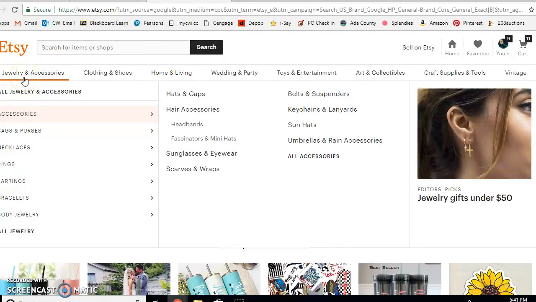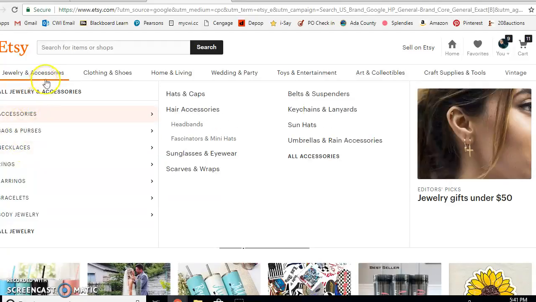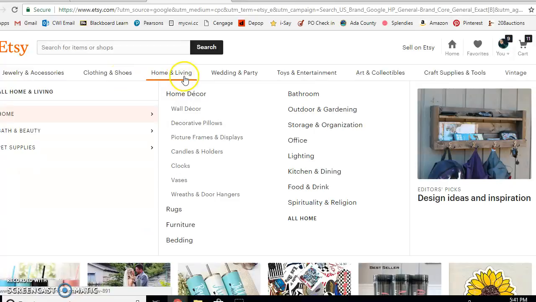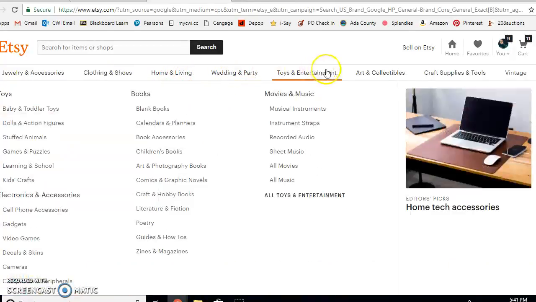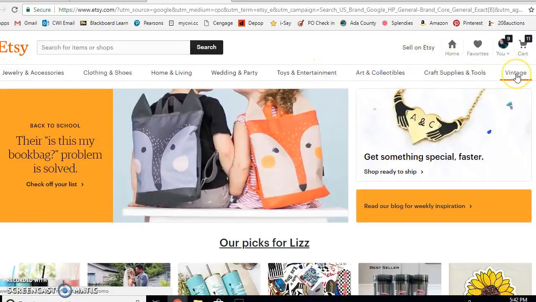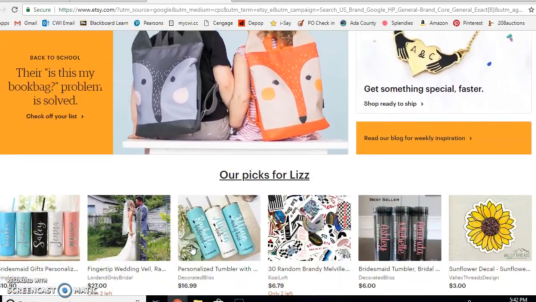You can click on the different tabs here at the top and scroll down, and all different types of things from jewelry to accessories. And if you just toggle over, you can see the different categories that it provides, and then even more once you go into the tabs. Yes, it is visually appealing. If you scroll down, you can see